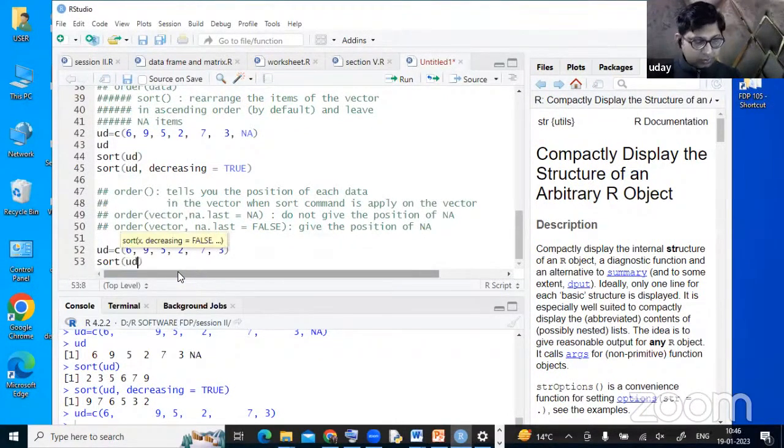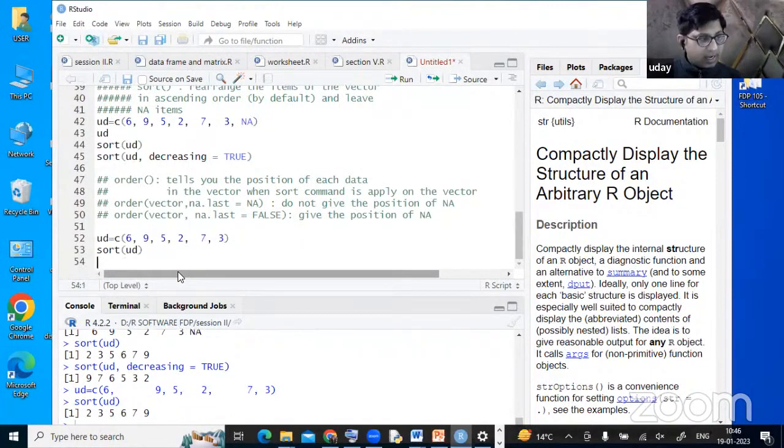Yes, ma'am? Yes, you can do. So as you asked me, I want the position also. You want the position? So how will you know who has secured 9 marks, who has secured 7 marks, who has secured 6 marks? For that,